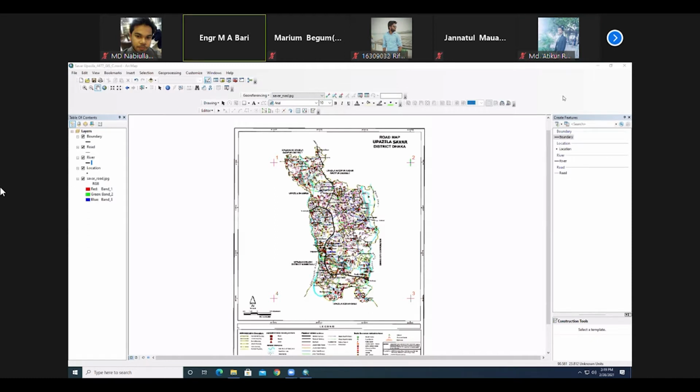Before starting editing, on your left side, check whether these 4 data layers are available, yes or no.